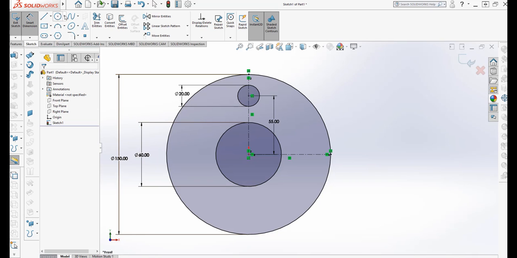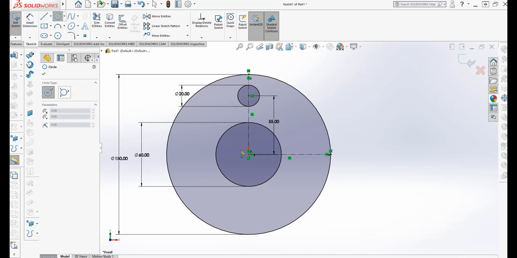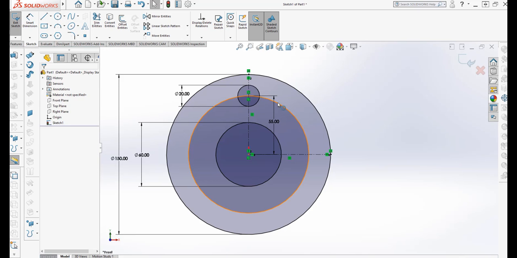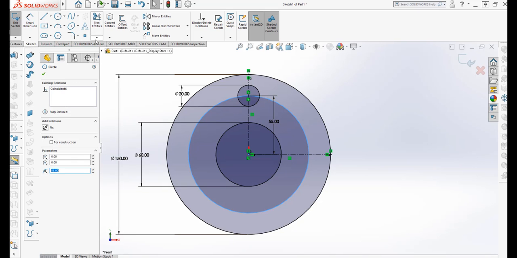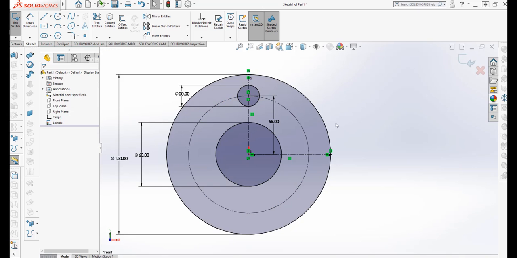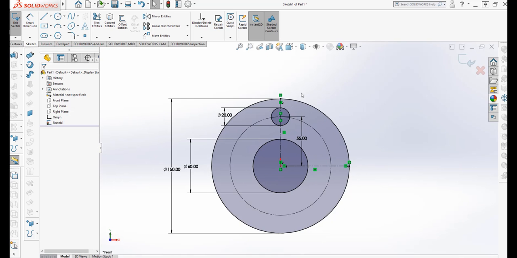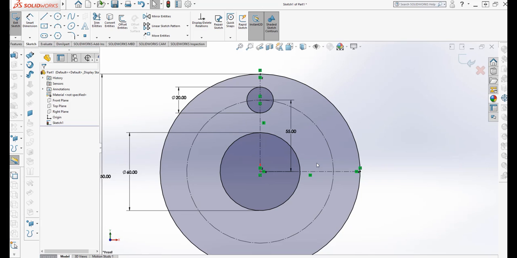So let's do a circle here. And let's do this one as a construction circle. Okay. And now let's do some